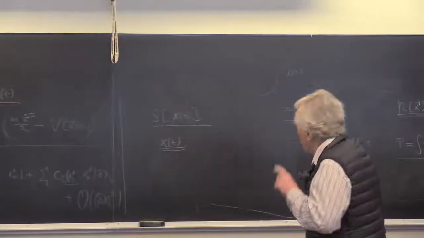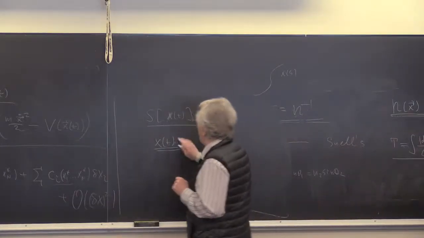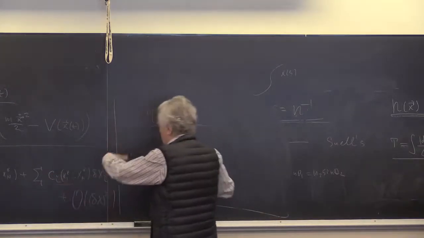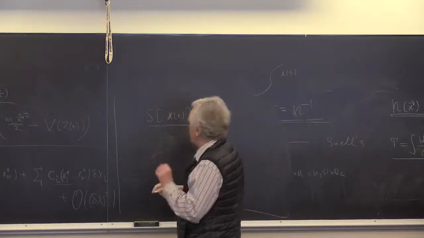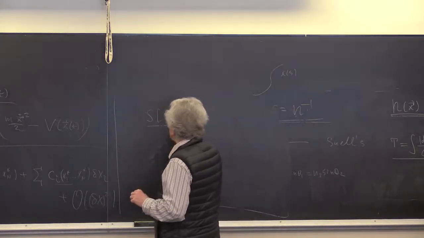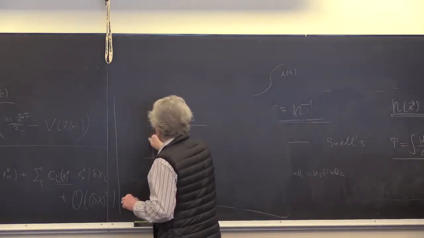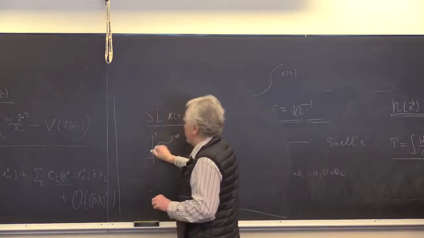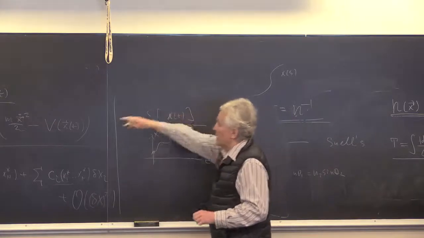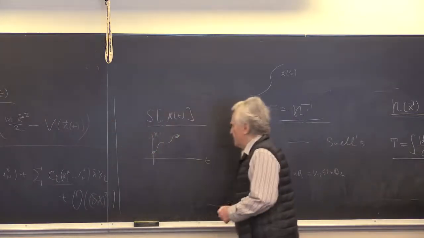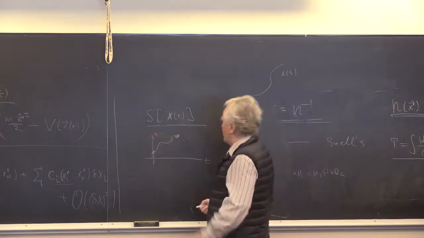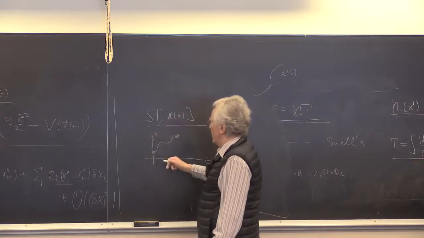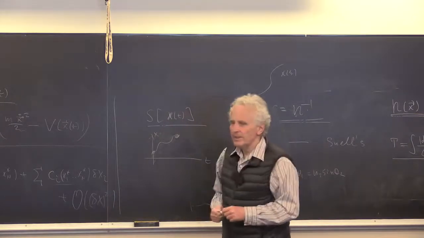Taylor expansion? No, I don't want to go into Taylor expansion. We will use Taylor expansion to calculate, but at the moment I want to be very general. Imagine that here we have x of t, the trajectory. And we have a particular trajectory x of t. As I said, we can integrate and get the functional. Now, instead of a functional, how can I get a function of many variables?